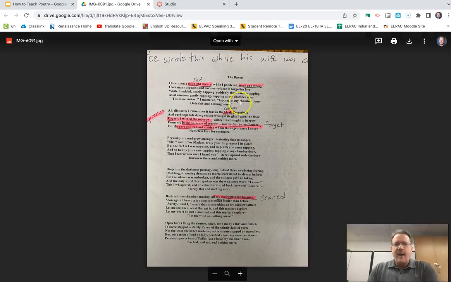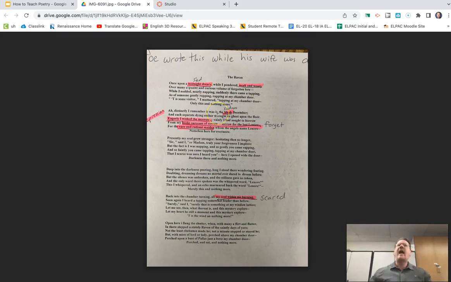So we go through line by line, "Once upon a midnight dreary," and we establish the tone: it's sad. I have them underline certain lines showing sadness, and so on. A lot of the theme is sadness and how he wants to forget his wife. He's like, can I just drink this drink and forget my wife? So I establish right away: why does he want to forget his wife? This is the love of his life. Why is he asking to forget?